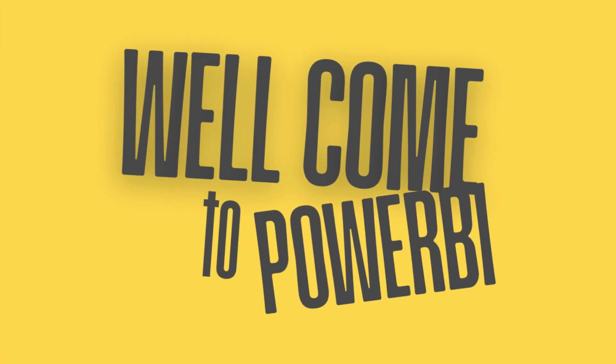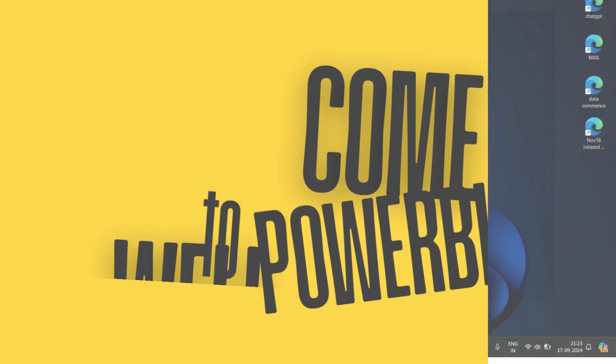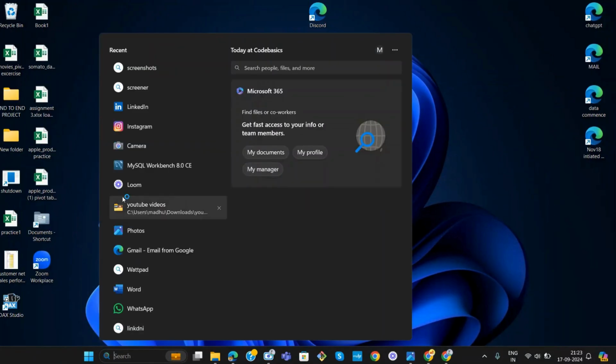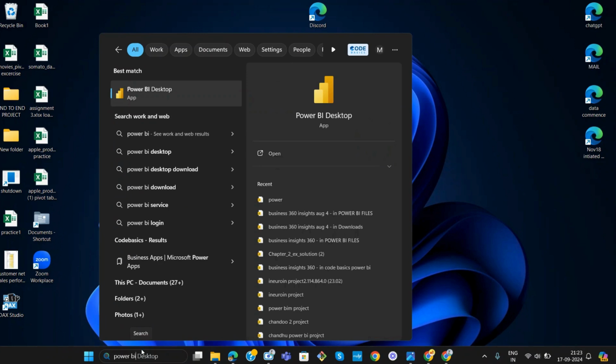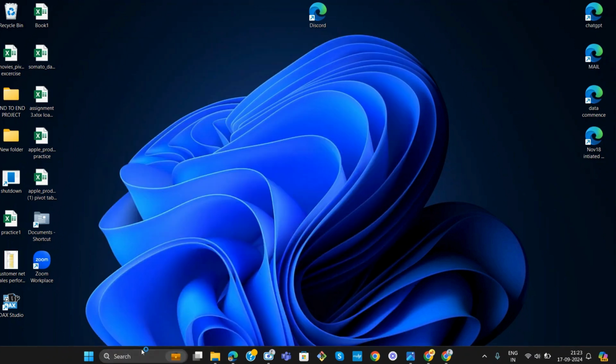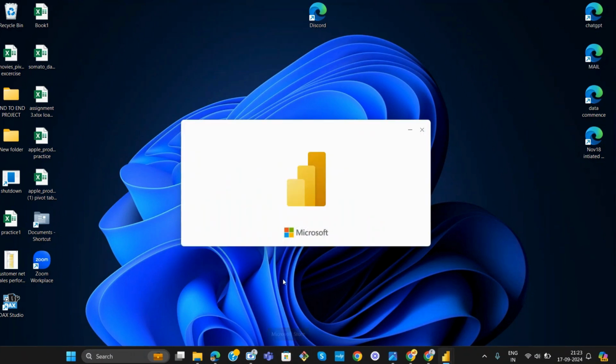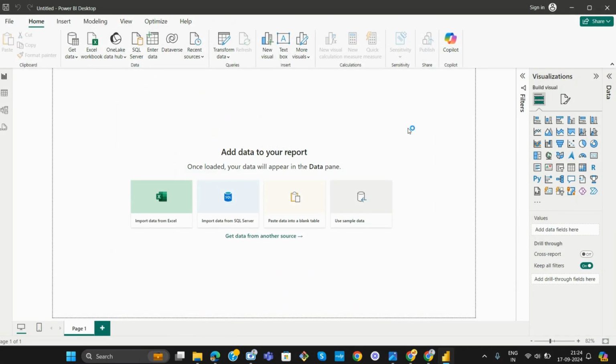And we can launch Power BI after installing. Let me launch it, because I already installed Power BI Desktop from the Microsoft Store. So I'm launching Power BI right now. You can see over here, sometimes it takes some time. We have to wait for that. And this is the Power BI layout, the basic view of Power BI.